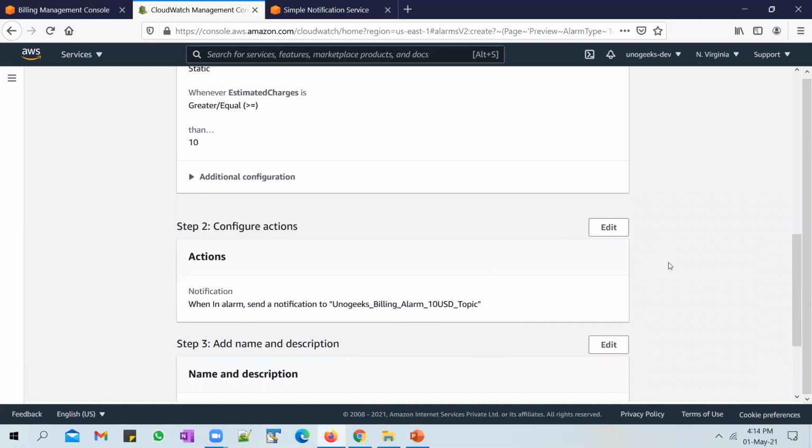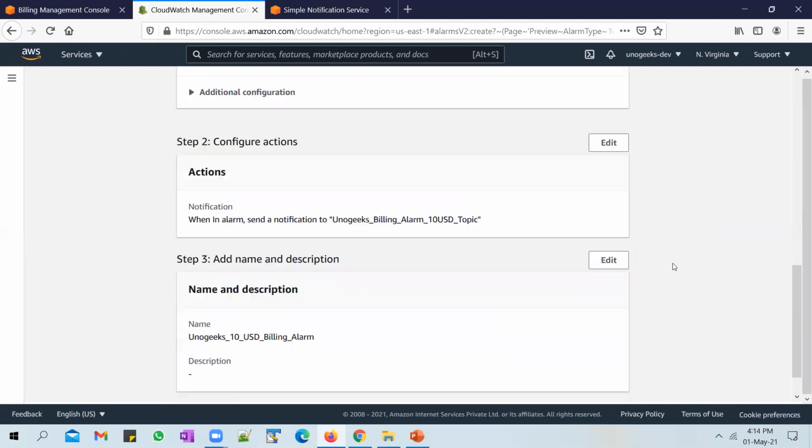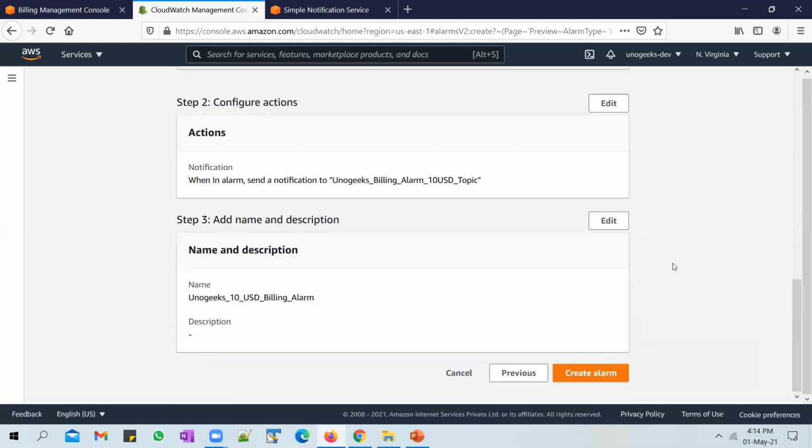So if you launched a couple of EC2 instances or a database or any service for that matter, and the moment it crosses the free tier limits, you would receive a notification so that you can log in and turn those services off. It's pretty common that you might forget to turn off the services that you launch because you might be working full time and exploring AWS at the same time. There's quite a high possibility that you might forget, and that's where this alarm helps you. All you have to do is review the information. If you're good, just hit create alarm.